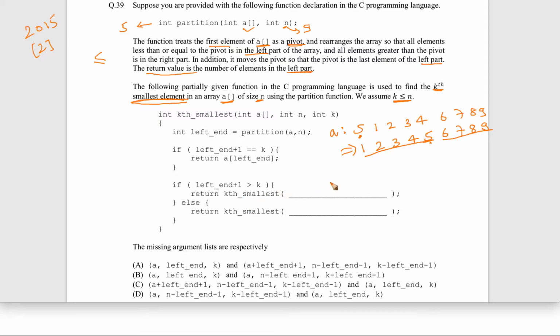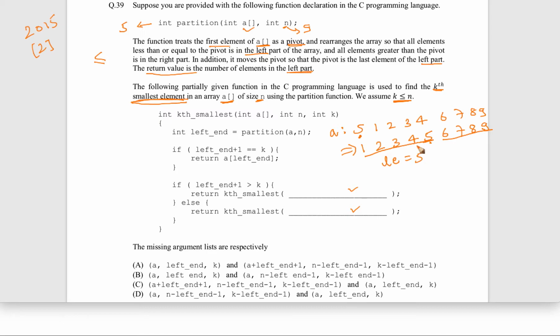Now they are asking for the missing values here and here, and they have given 4 options. So let's understand. Firstly, left end, as I mentioned earlier, is basically 5 in this case.